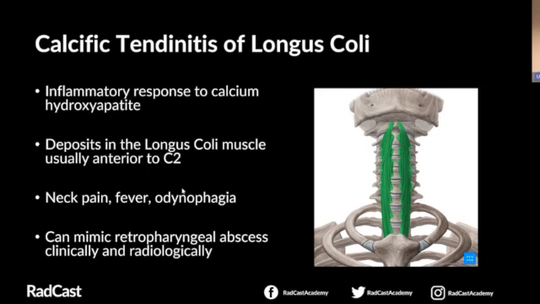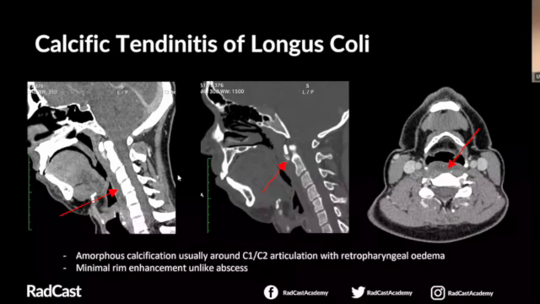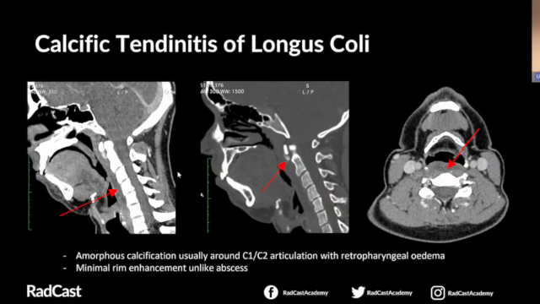So it's good if you can recognise it and spare the patient an incision and drainage. So this is what it looks like. You'll have a fluid collection in the retropharyngeal space, and you'll have your calcification, which is typically around the C1, C2 articulation. And if you see that appearance with retropharyngeal fluid, then be confident to call